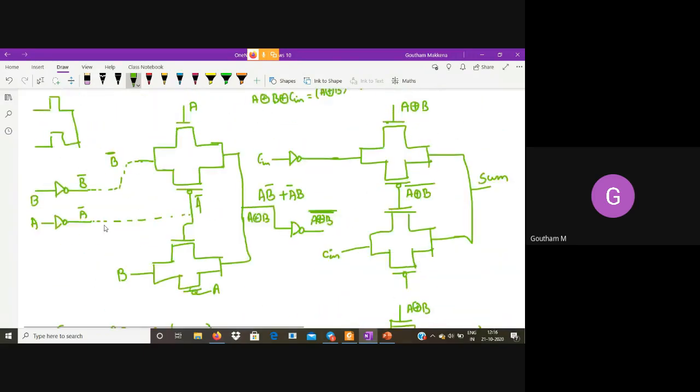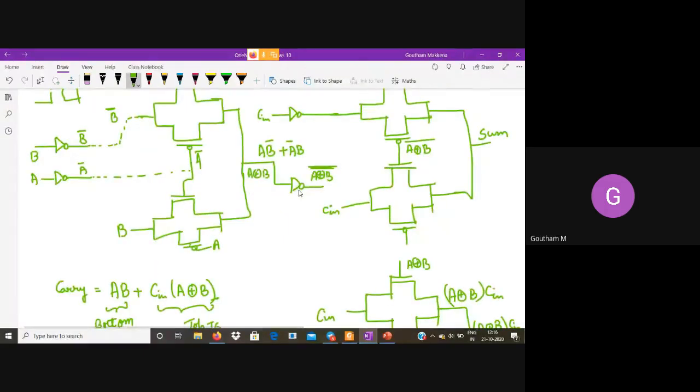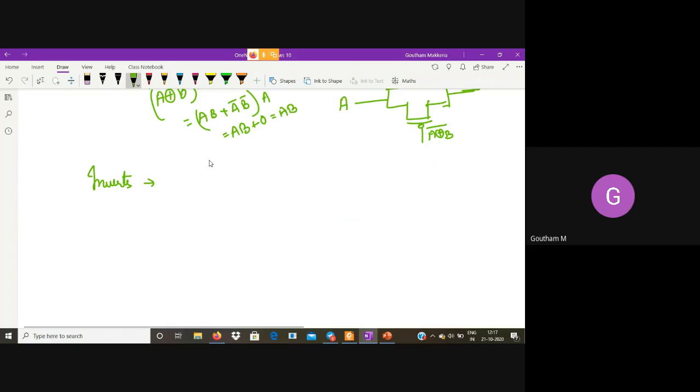Now count the number of transistors. A, B, Cin all use inverters, so 6 transistors for inverters. We also have an inverter to obtain (A XOR B) whole complement. So a total of 4 inverters, and 8 transistors are gone.